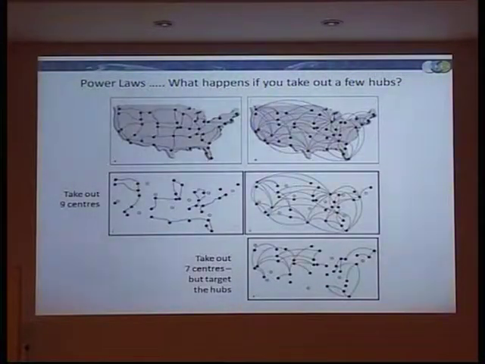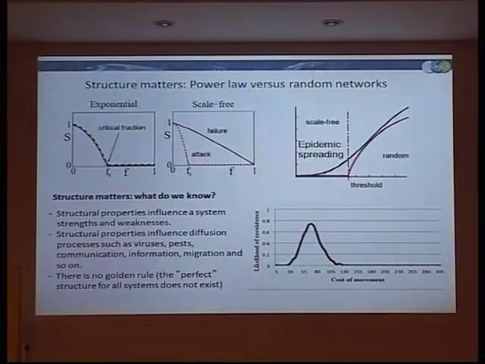Now what happens if I remove random nodes, and actually if I remove many of them, the network still stays connected, but removing only the highest connected nodes on the scale-free network destroys the system completely. By destroying, we mean that it doesn't have a giant component anymore. You can't go from one place to another anymore very easily. Okay. And this graph I think is much better to explain that. And this is basically what happens.